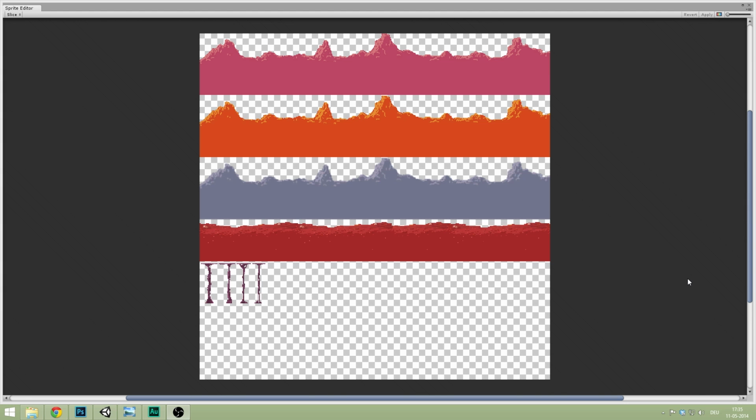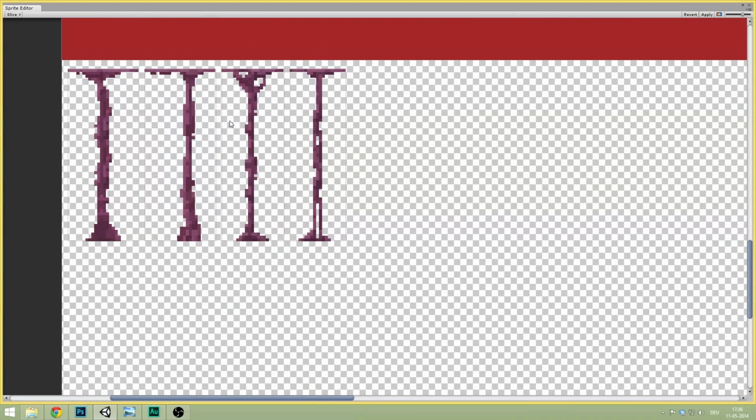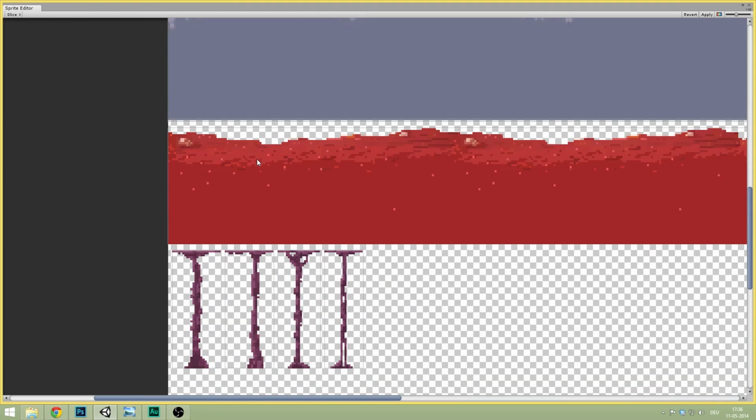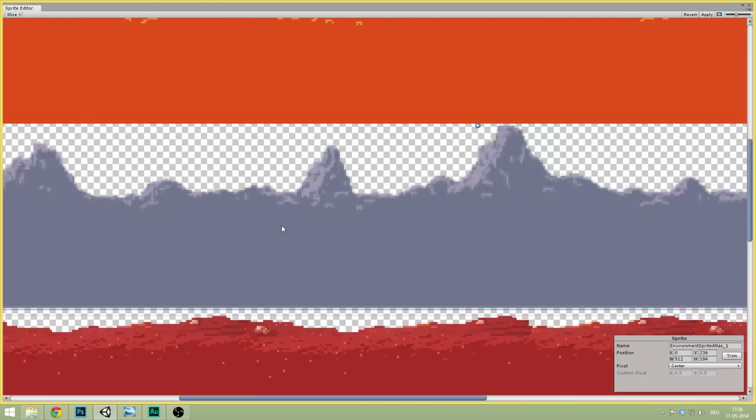And all we need to do in order to utilize this is go to the left-hand corner where it says slice. Click there. Select the type automatic because we haven't set this up in a grid like fashion. The minimum size, I think that's fine at 4. The pivot we are just going to do center by default. These are all default settings and you can change them individually after. And then the method we're going to do delete existing. So now hit slice and you can see that some rectangles appear around our platforms and around each of these